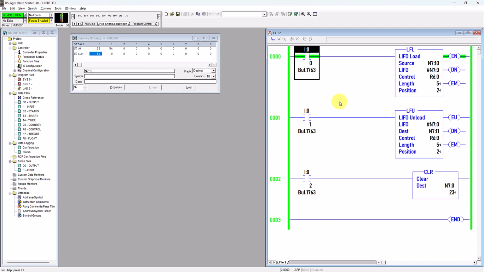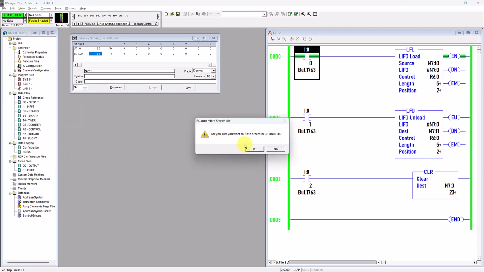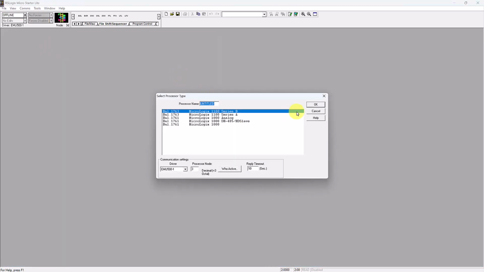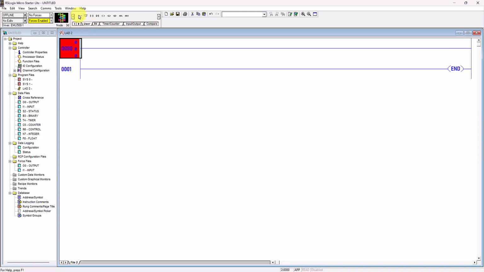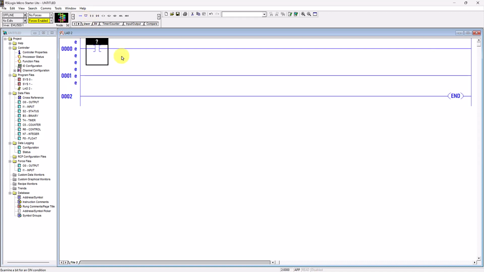Hello, today I am going to discuss the last in first out load as well as the last in first out unload instructions. So let me create a new file. Insert a new run here. I'll put the virtual switch and then I will go to the